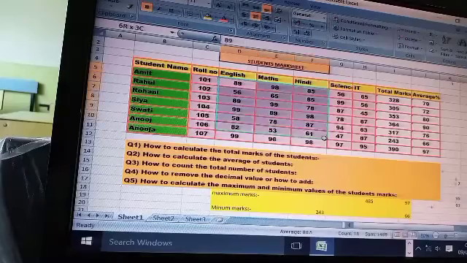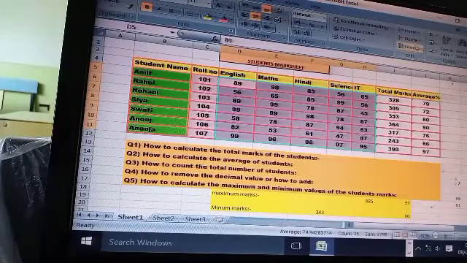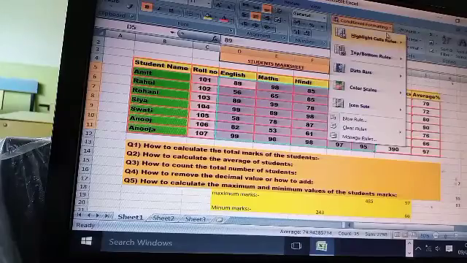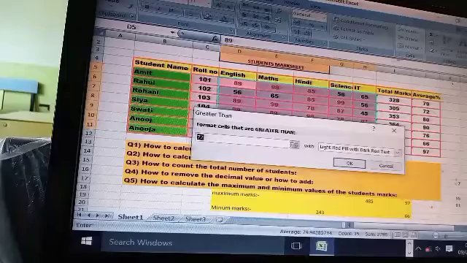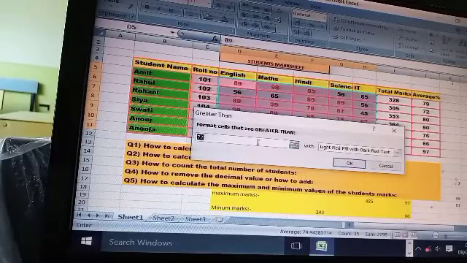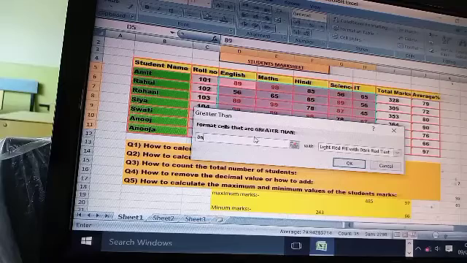Select all. Now go to conditional formatting. Highlight cell rules, greater than. Now write here the mark, 89. Numeric value.